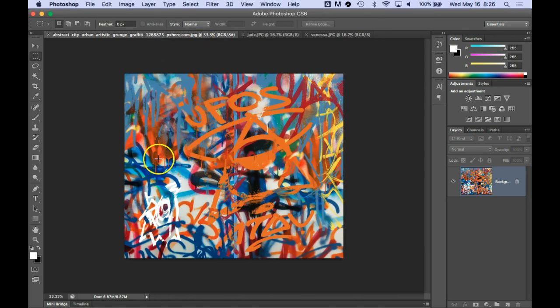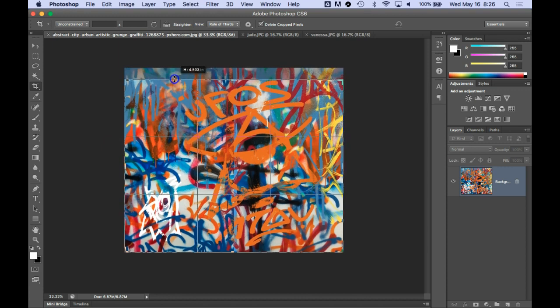This background is really large, and it's not in the right proportions. I'm going to cut off about this much of it. And the way I'm going to do that is I'm going to tap the letter C. That gives me my crop marks. You can't really see them really well, but if you move your cursor to the side of the screen, you'll notice the double arrow. So I'm moving it to the top of the screen, and I'm going to take off this bit here,